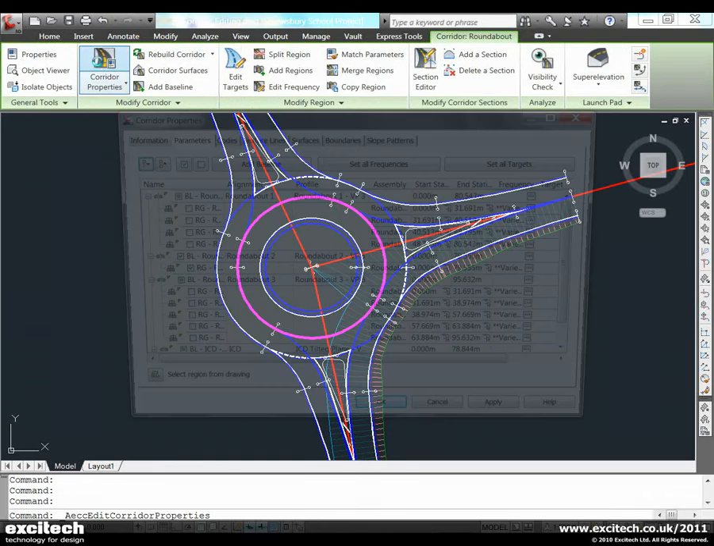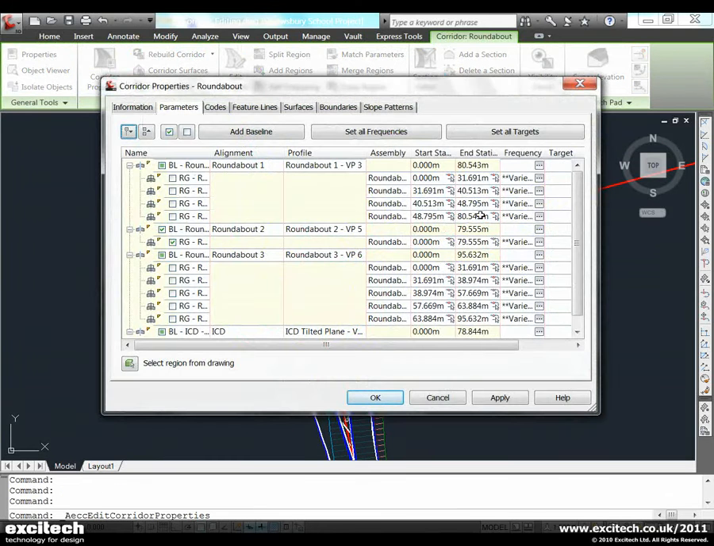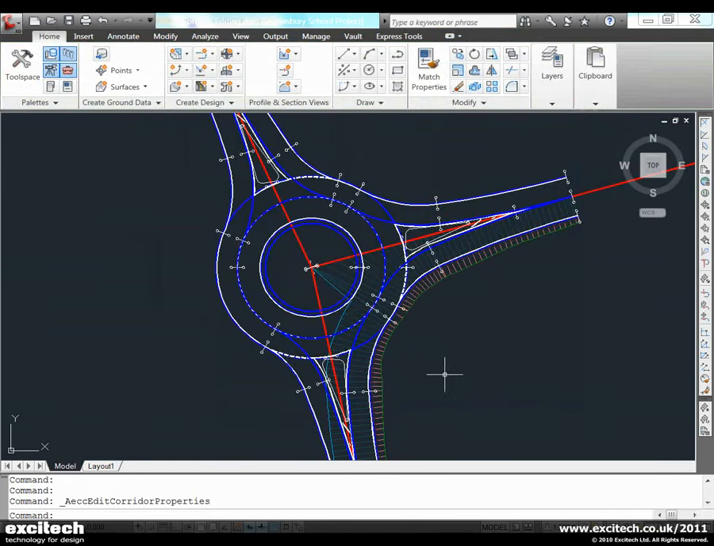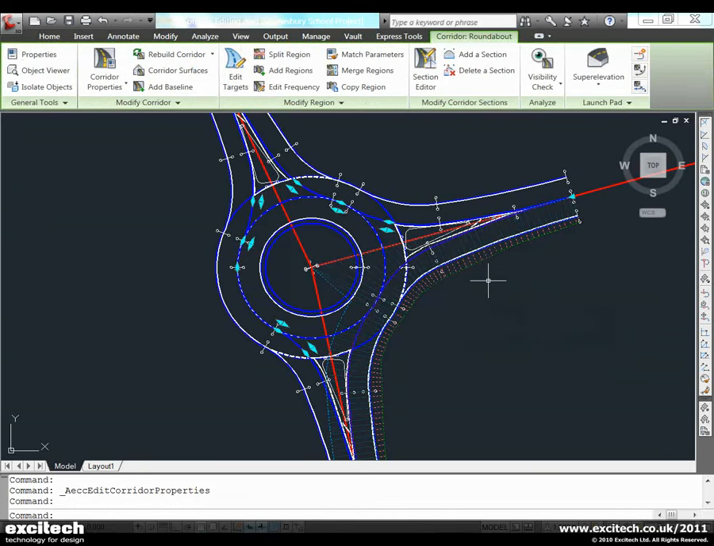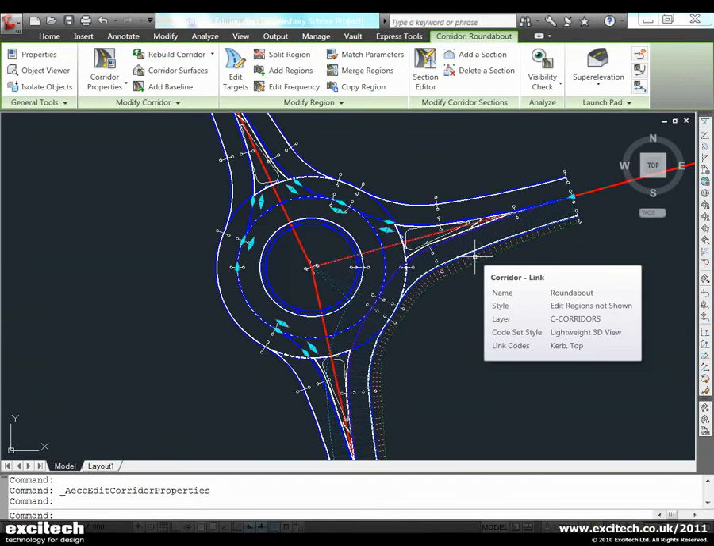Normally we would have to go into the corridor properties and edit it in this tabular layout. This is quite difficult, but with something like a roundabout, which is very complex, it can be very confusing. We can now edit this interactively on the screen. I can select the corridor model